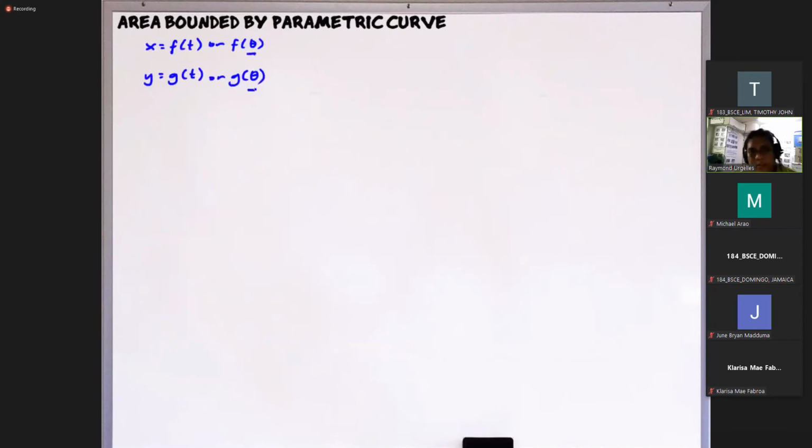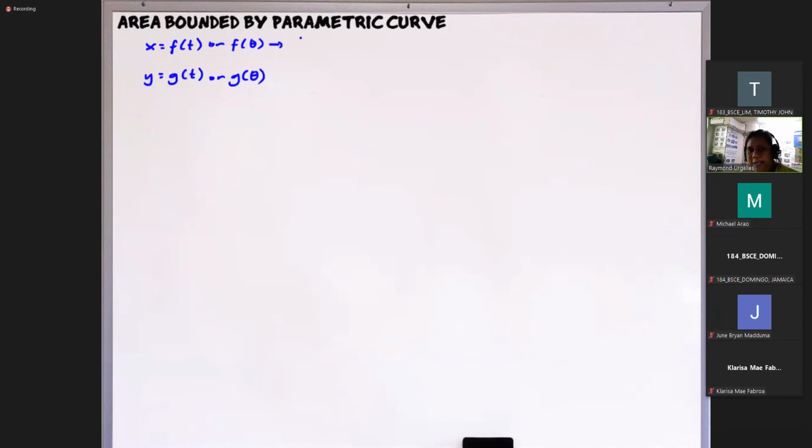So yung problema kasi ng ibang estudyante, pag theta yung nakita nila, ang ina-assume kaagad nila polar curve. No? Pag yung kapartnered ng theta ay x, diba? Or y, so again, parametric yan, diba? Pero pag ang kapartner ng theta is r, so then that's a polar curve. No? So again, in this case, we are considering a parametric curve. No? Okay, so again, let's say we have this one. Okay? So ito madali lang to.